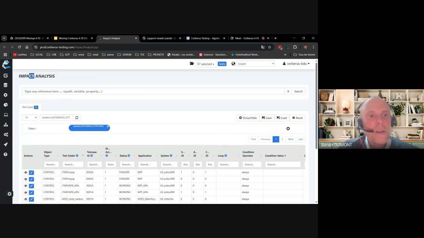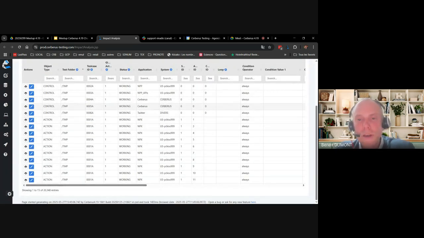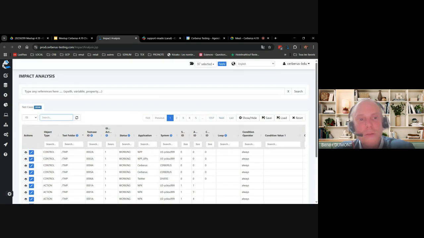So we now have an impact analysis tool. That means that if you want to search for a specific string or value against the full repository of test cases, you now have a tool that will make a search against every action, every control, every step, everything that has been configured in Cerberus.